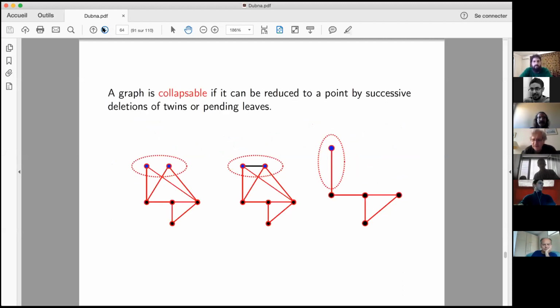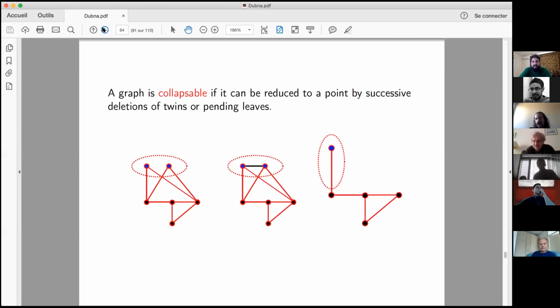We had earlier the concept of twins. You can see here 3 graphs. On the 2 graphs on the left, you have 2 twins. And now I add a new concept, the concept of pendant leaf. The pendant leaf, you can see on the right, is a vertex which is connected to only one other vertex. Then the game now is, if you see 2 twins, you delete one of them. If you see a pendant leaf, you delete it. And you ask yourself, if I do that again and again,